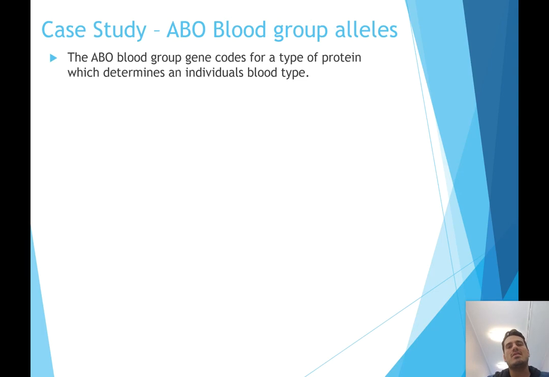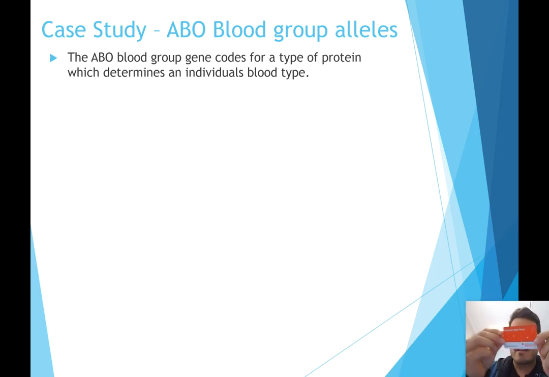All right, so let's look at a specific case study, one of the most important case studies, which is the ABO blood groups. Okay, the ABO blood group gene codes for a type of protein which actually determines an individual's blood type. For example,